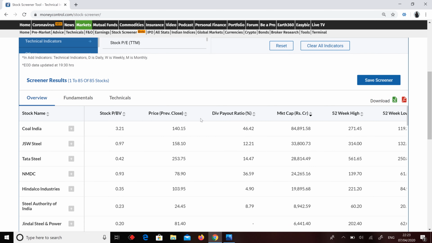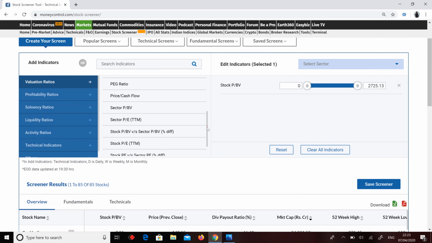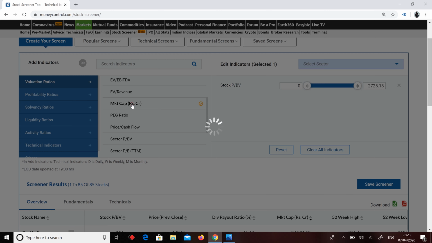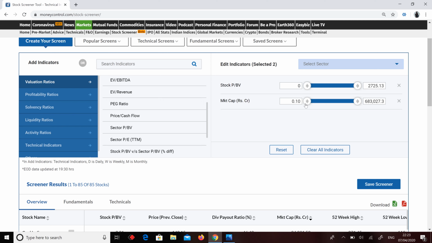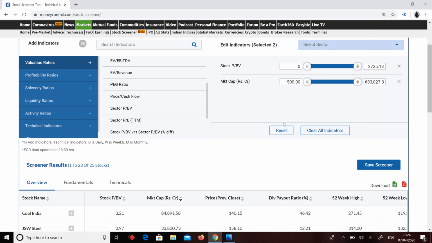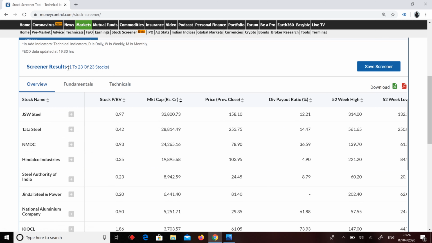These are so many to look out for. No issues. What you can do is add another parameter. What best can be added? It can be a dividend one, it can be any other one. Let's say, for example, I'm adding market cap. Here it is showing what market cap you want to keep. Let's start with 500 crores. Once you type 500 crores, just tap at the screen and it will auto filter the stocks for you. Now, finally, we have 23 stocks which are in the price to book value sectors and have more than 500